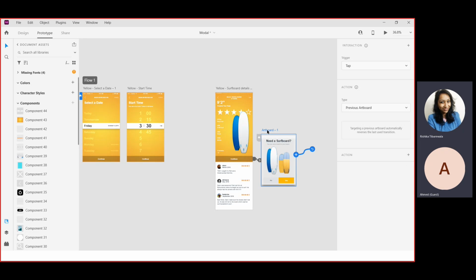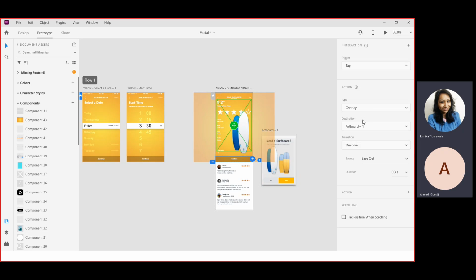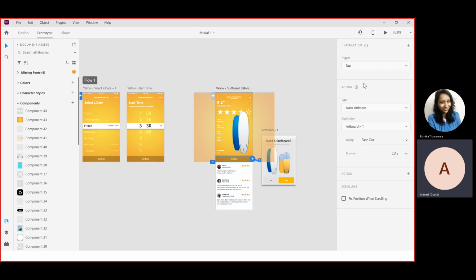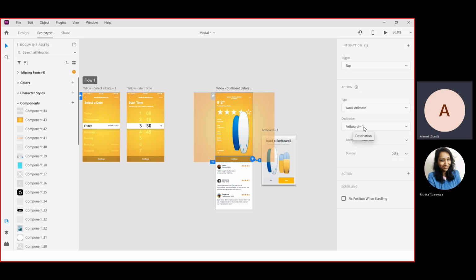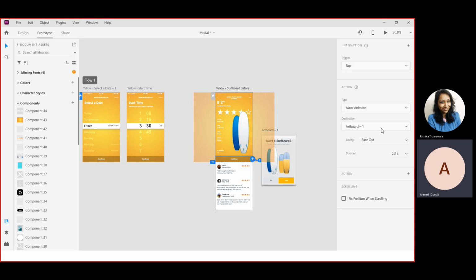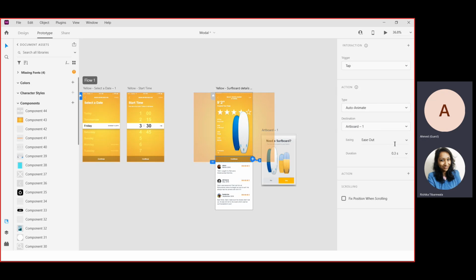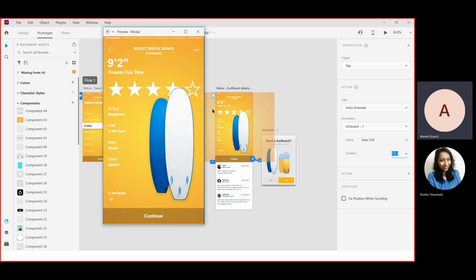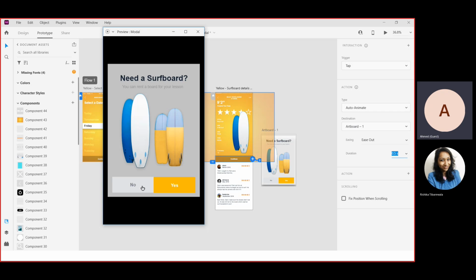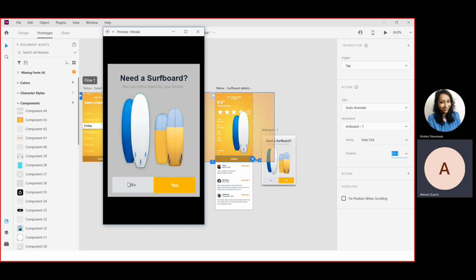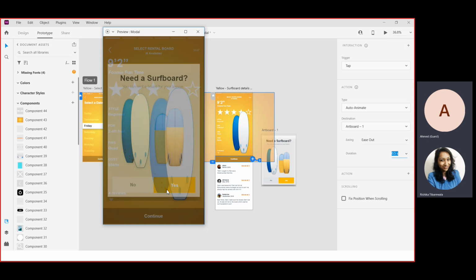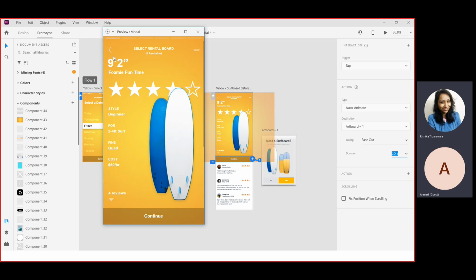And let's see what will happen if we choose auto animate. In that case, what will happen? The destination is artboard 1. You can see what happened. It just created the animation of the screen as it is,